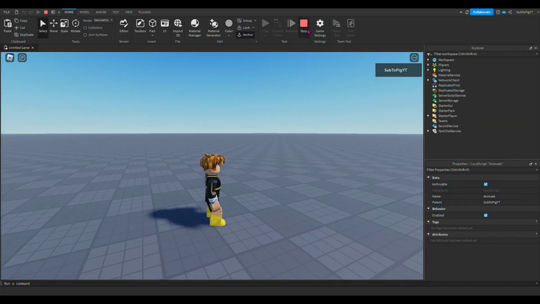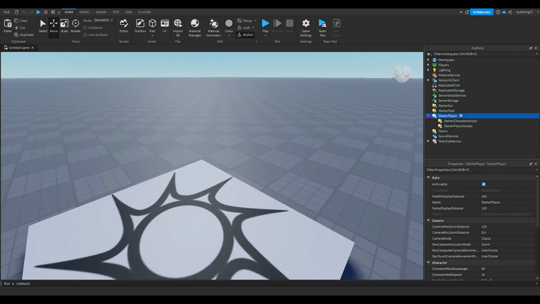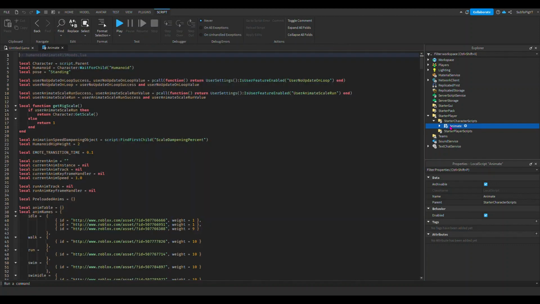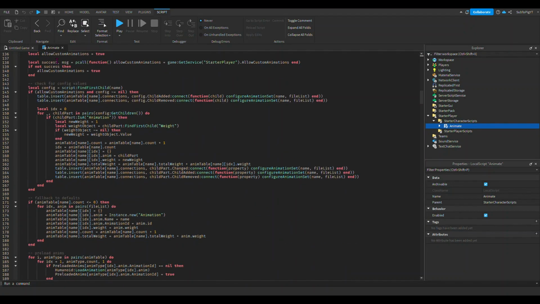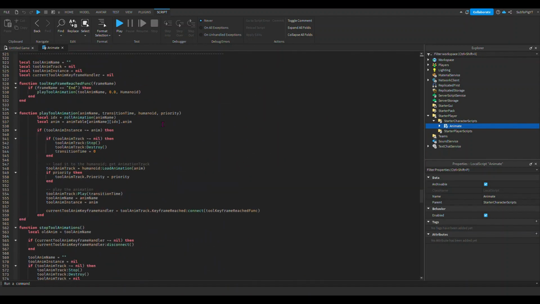Now click stop and go into the StarterPlayer folder and click on the arrow. You can see two folders here, StarterCharacterScripts and StarterPlayerScripts. Click on StarterCharacterScripts, right click and paste into, or Ctrl+Shift+V. Now open up your script, and this is the Animate script that Roblox has scripted itself, so don't change anything in here